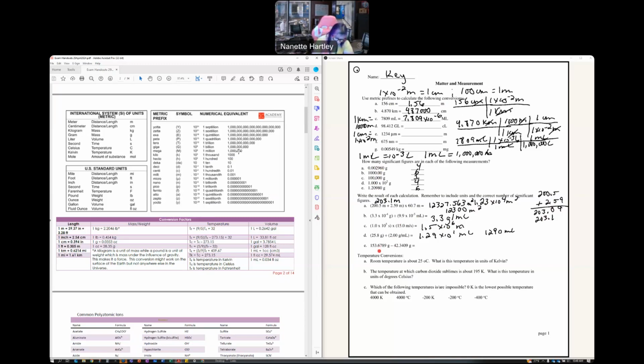Now this one, 153.6789 minus the 42.3409. Let's put that in our calculator as written. 153.6789. I'm going to subtract 42.3409. And I end up with this number that spits out 1.11338 times 10 to the 2. And I look at that and I say, okay, I don't know that I like that. So let's get rid of the scientific notation. And so that would come out as